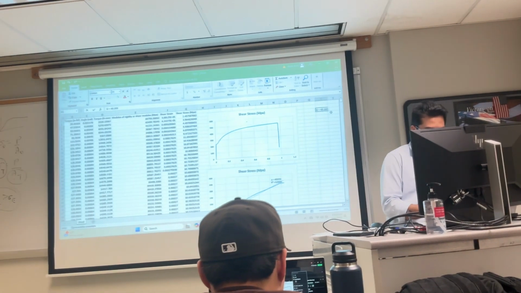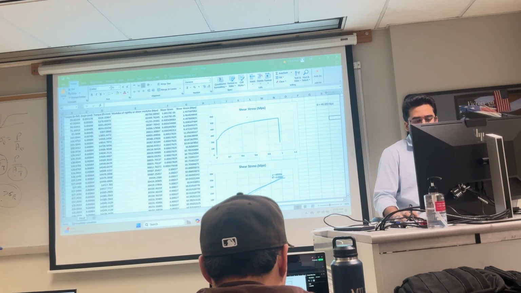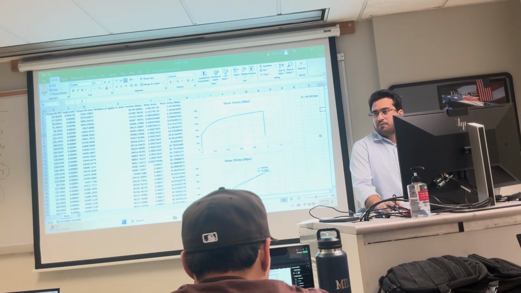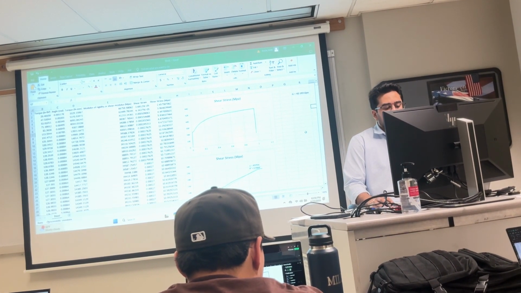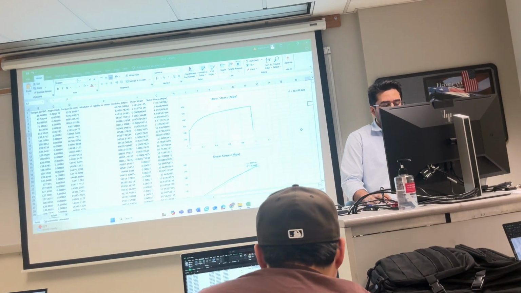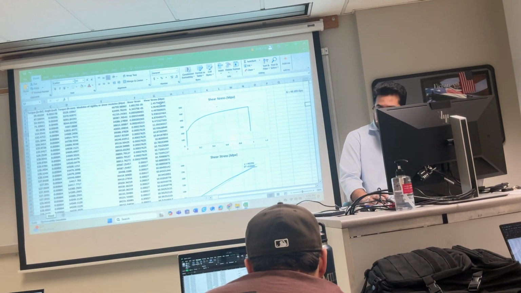So G value is 40.193 gigapascal. You can click on the top. Good. That's the first value. The first shear property you are finding is G, that is modulus of rigidity, is going to be 40.193. Okay. You know all those things.